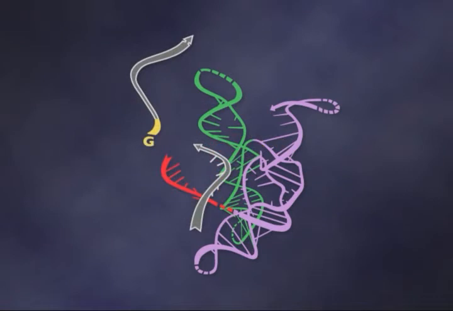transesterification. One of the products leaves very rapidly, and then the other cleavage product, which is held on by base pairing and by interactions between the backbone of the helix and the catalyst, comes off much more slowly. And in fact, in the multiple turnover reaction, which means when the catalyst recycles and each catalyst cleaves multiple substrates, the slow step in this entire